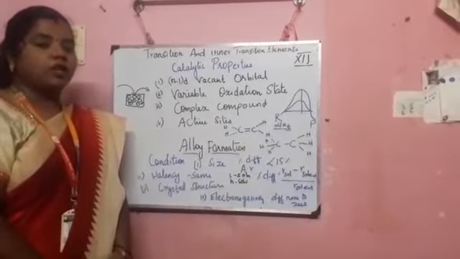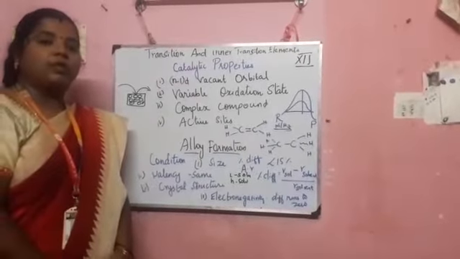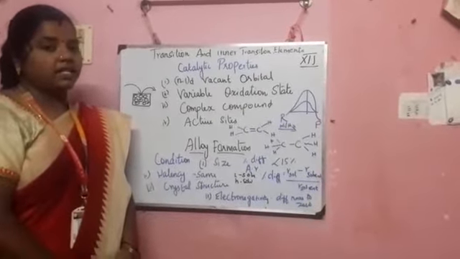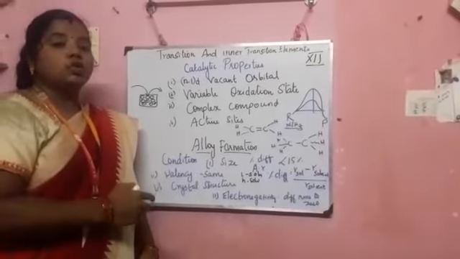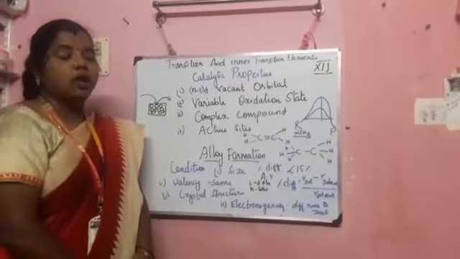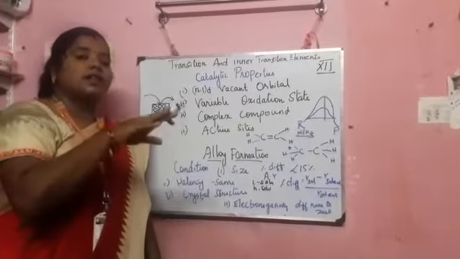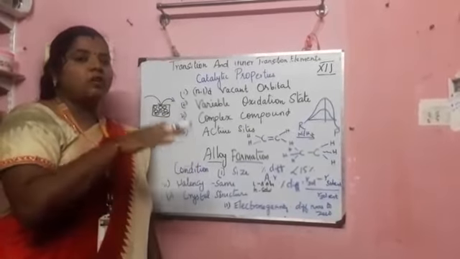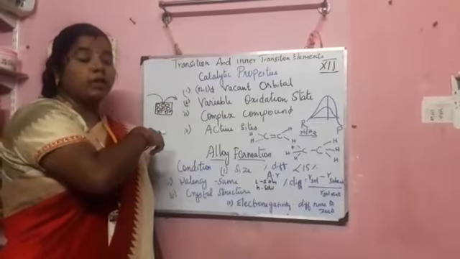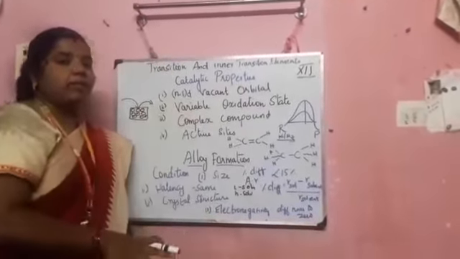Next after position and oxidation state is the magnetic property. In the magnetic property, with the help of the formula we can find the values for the first D series and second D series, where mu equals the square root of n into n plus 2, and some observed values are also there. More or less the formula values and the observed values should be nearly the same. Whenever you get the D1 series, the value should become 1, 2 means 2, so the same will be there.